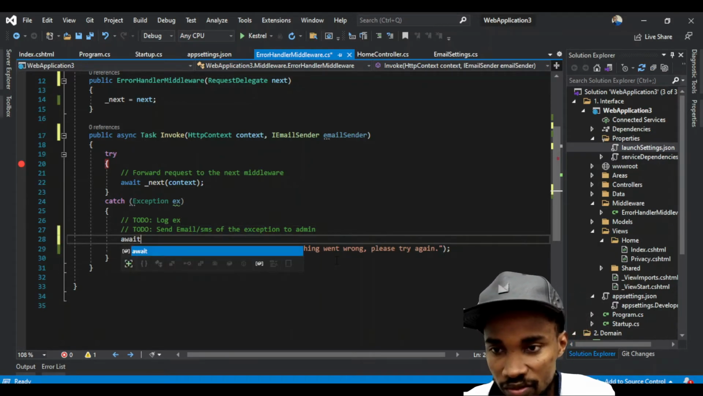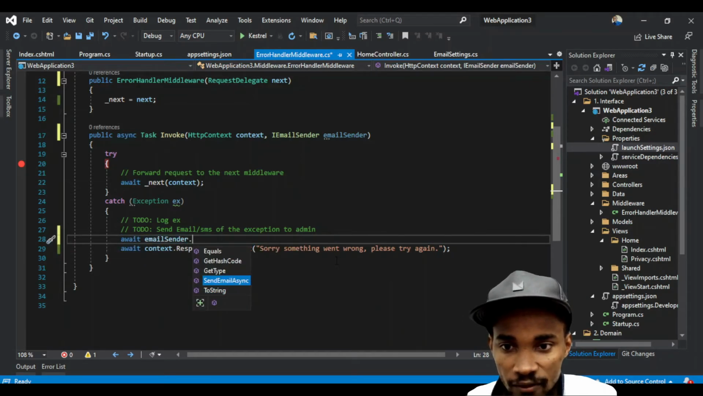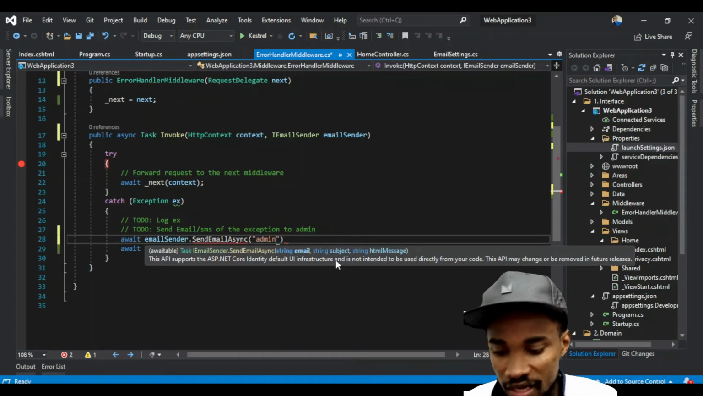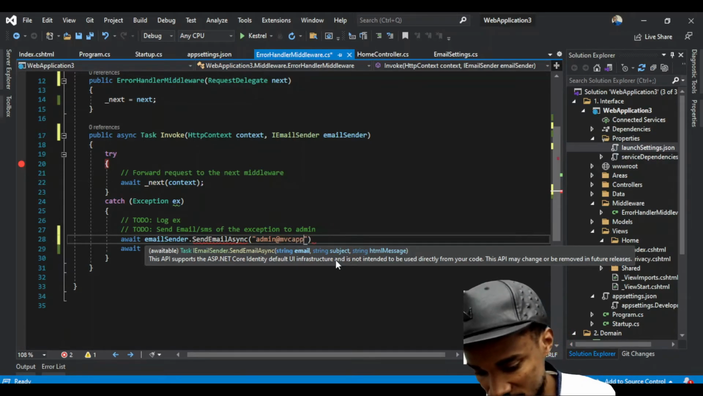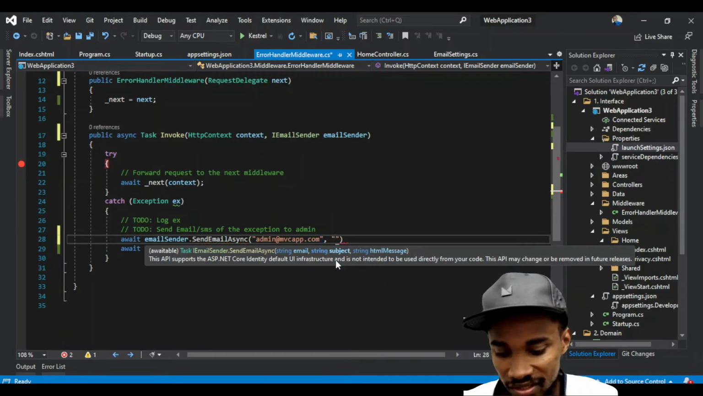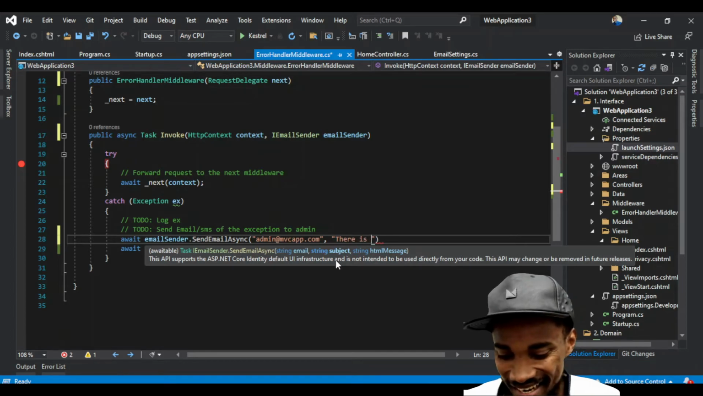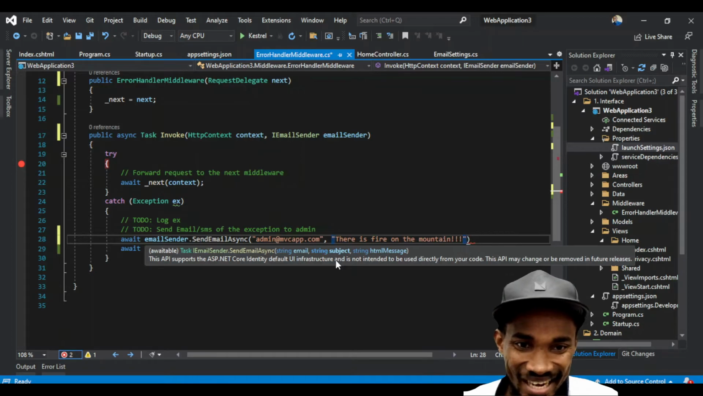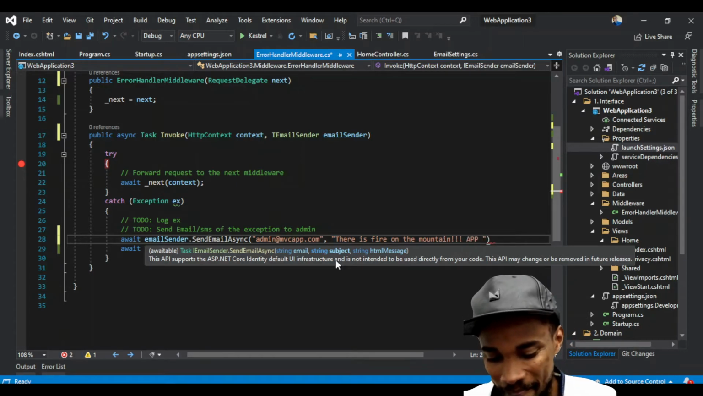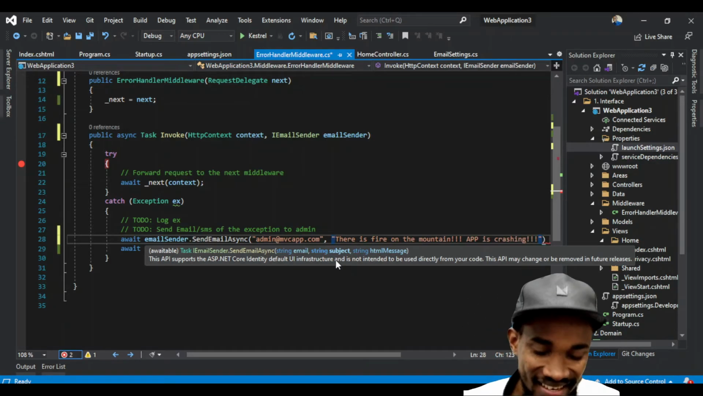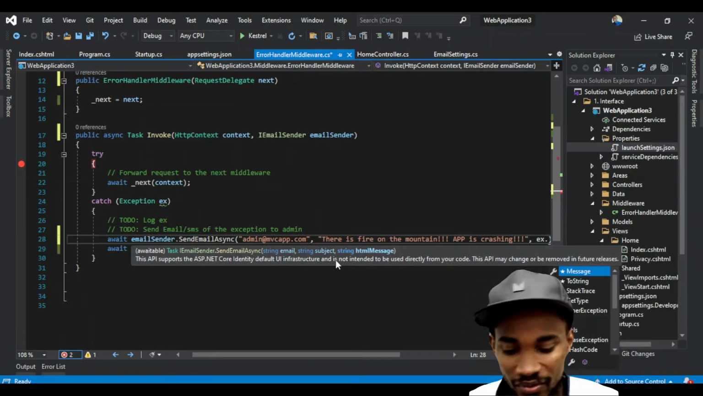So let's have an await, because it's awaitable, and then say send, and in here this is where you want to put in the email of the actual admin. You say admin@mvcapp.com, and then we have your subject, which is: there is fire on the mountain. The app is crashing. And then you want to send the exception to the actual administrator,